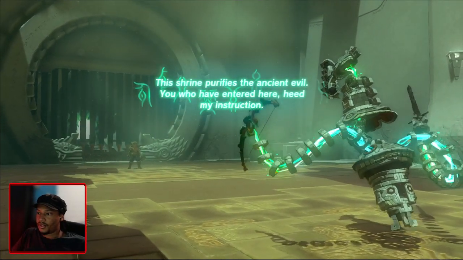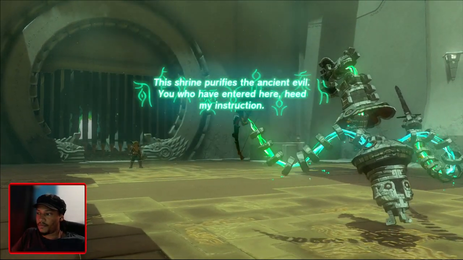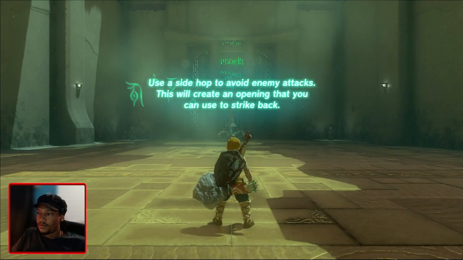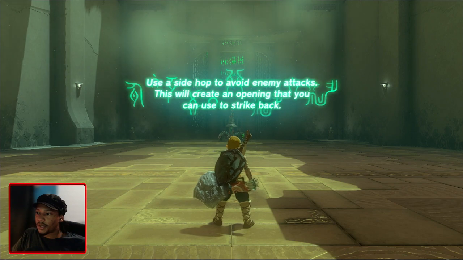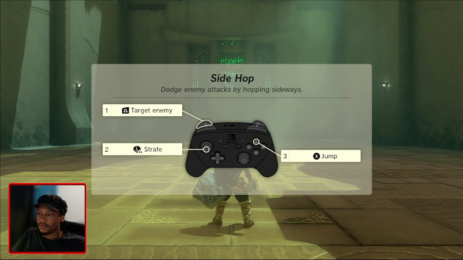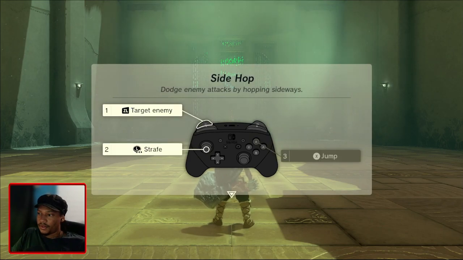This shrine purifies the ancient evil. You who have entered here, heed my instruction. Use a side hop to avoid enemy attacks. This will create an opening that you can use to strike back. I'm gonna teach you how to